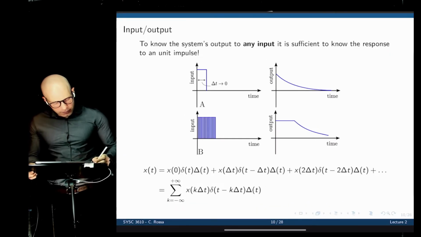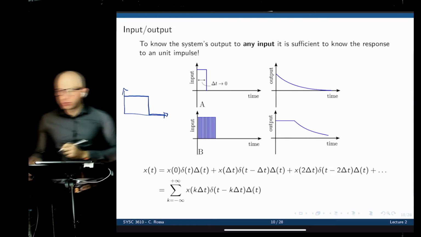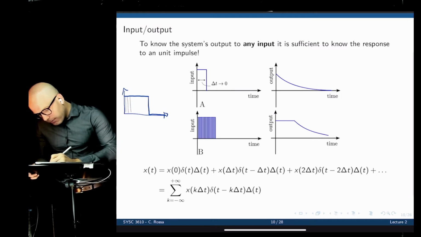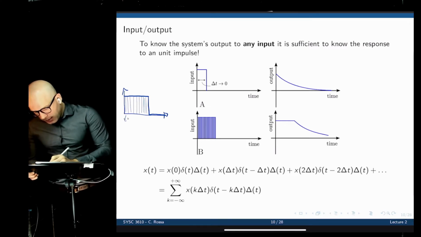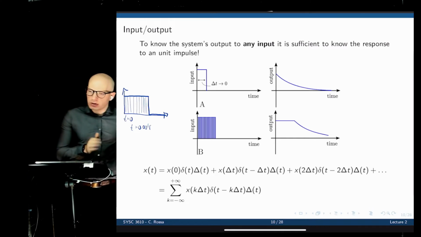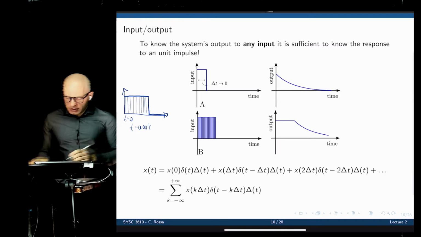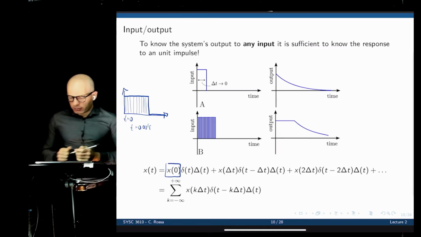One second. It's a signal over time with value, and then it goes down. We can form the signal by a bunch of impulse functions put together, squeezed together. The first one happens at time 0, the second one happens at, say, 0.01 seconds, and so on. If you only had the first one, then the output of our system would be the response of our system at 0 times the input function